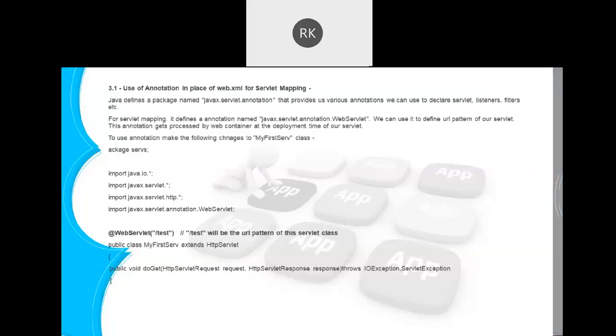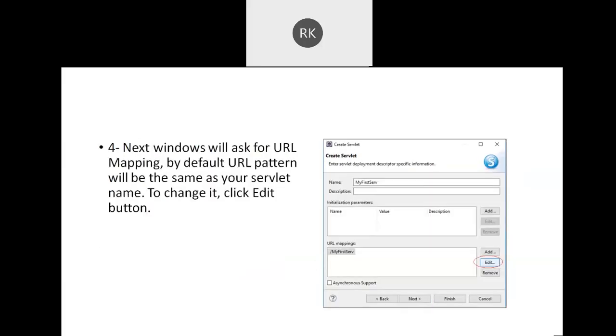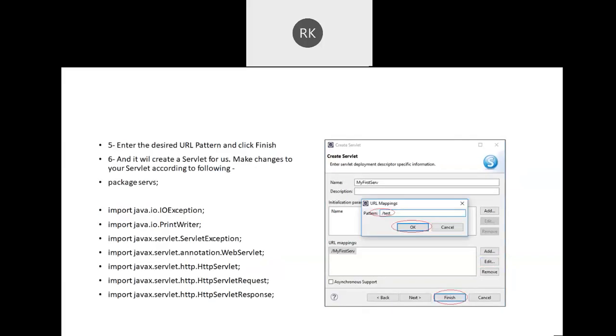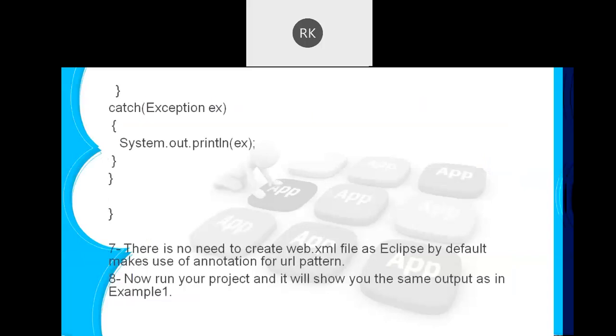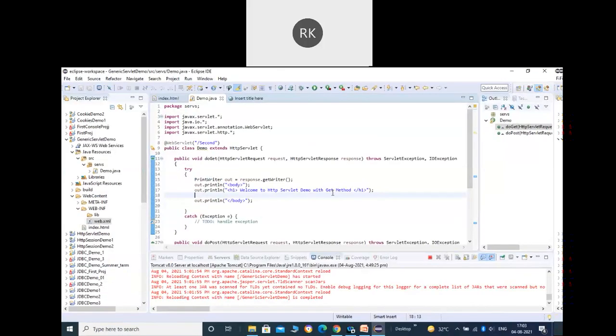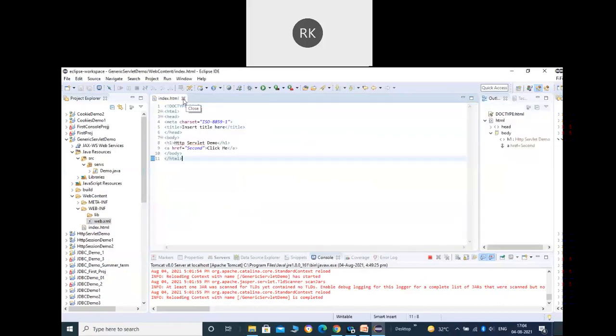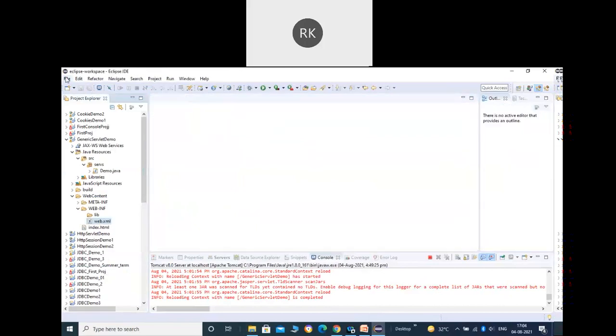But for now, up to this point, let me know if anyone of you is having any doubt. Up to this point, we have seen all three ways. And remember, the last one, HttpServlet, we are going to use now, because it is specific to the HTTP protocol and will provide us some additional functionalities. Use of annotations I have already told you. Anyone, any doubt up to this point?